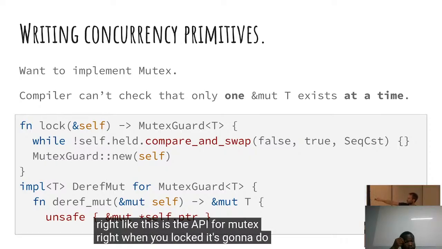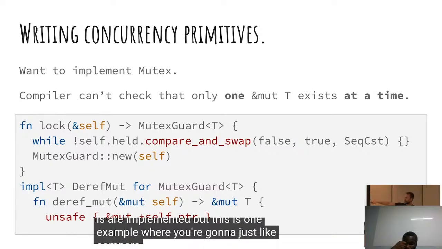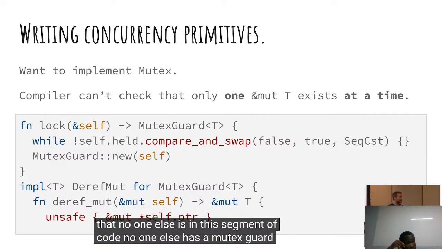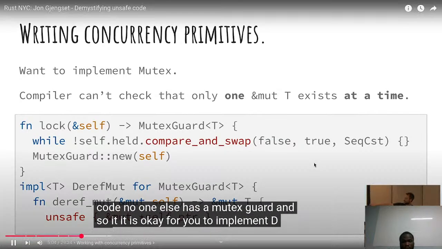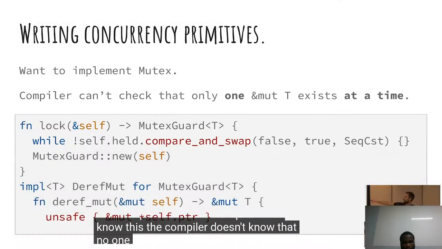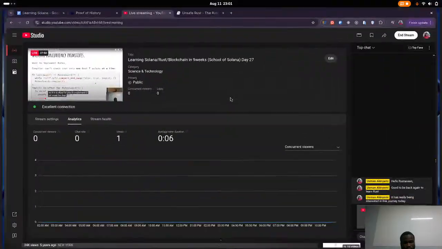When you lock, it's going to do some kind of atomic. This is not how all mutexes are implemented, but this is one example where you're going to compare and swap a value until it becomes true. And at that point, you know that no one else is in this segment of code. No one else has a mutex guard. And so it is okay for you to implement DerefMut for that guard and give out the mutable pointer. But the compiler can't know this. The compiler doesn't know that no one else is swapping this back to false, right? And so we need unsafe to tell the compiler that we have carefully read our code and we know that